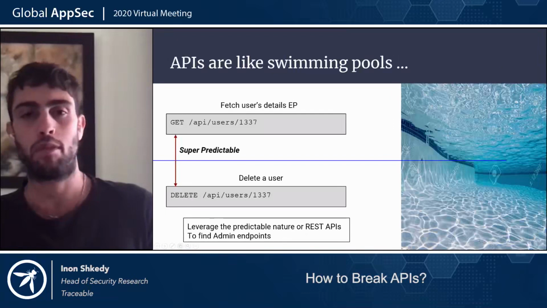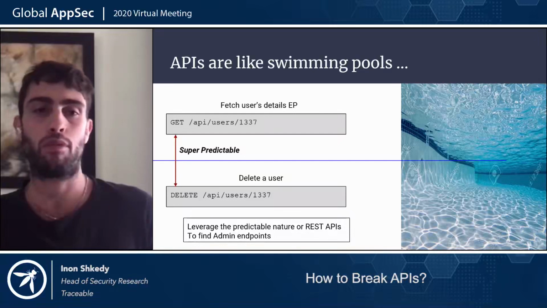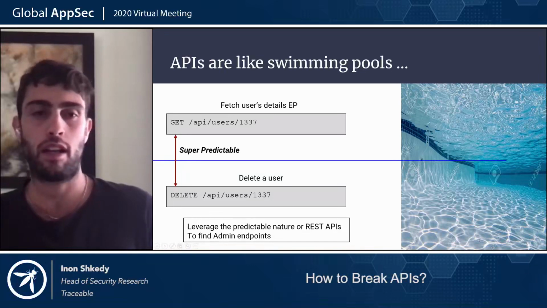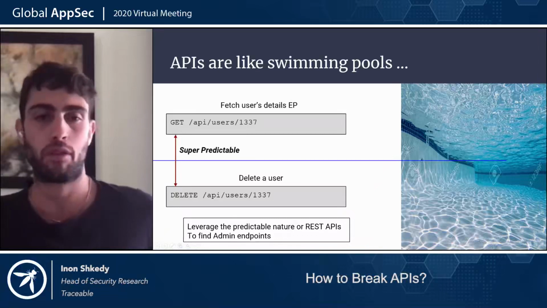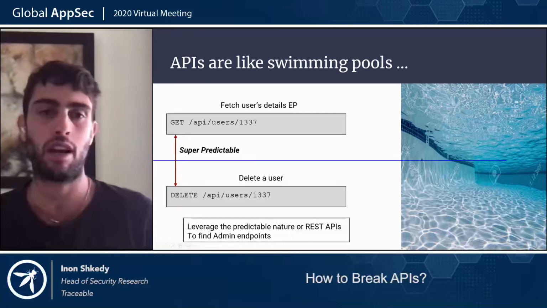Fortunately, in APIs, it becomes much more simple. APIs are very clear. Many times, if you want to find admin endpoints, you can just change the HTTP method. Let's say that you use the app as a regular user, and you see an API call to GET /api/user/{user ID}. You just change the GET to DELETE, and you find an admin endpoint to delete a user. So you found the path to the endpoint. And in many cases, developers don't really validate that you belong to the admin group,